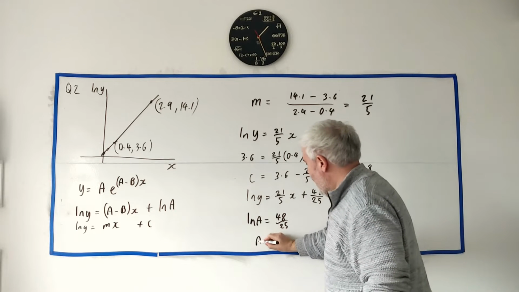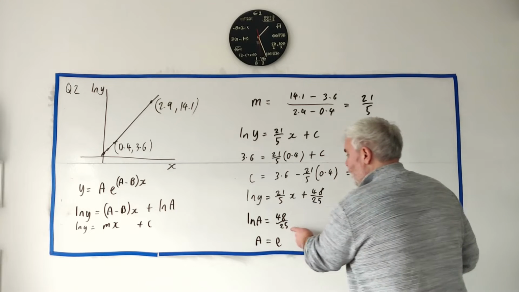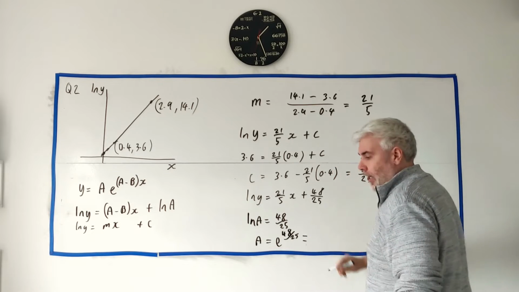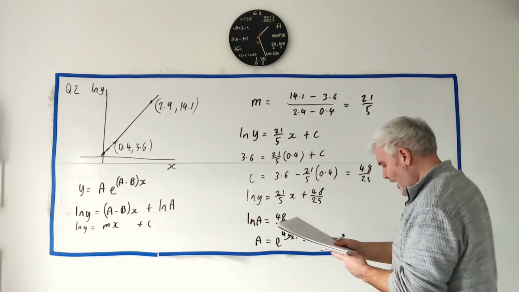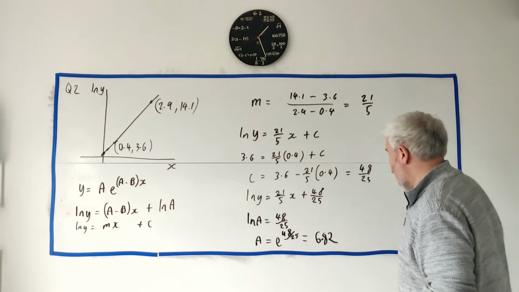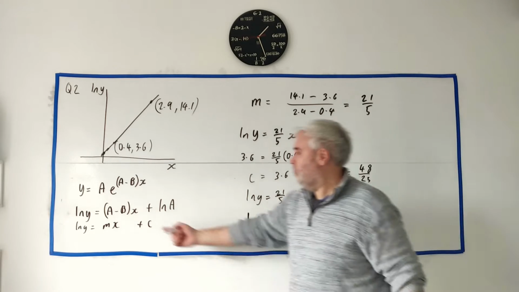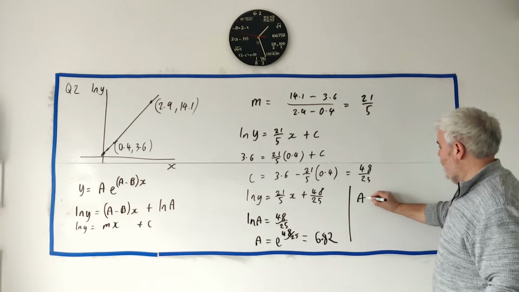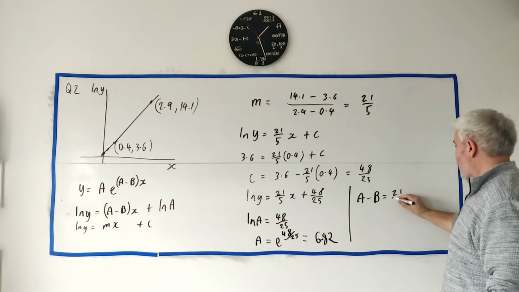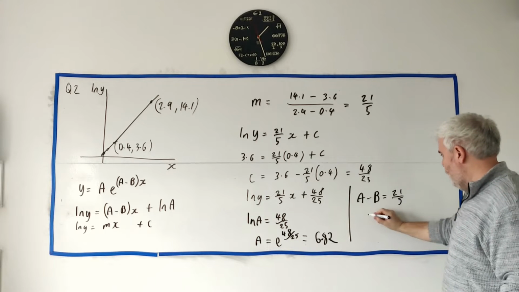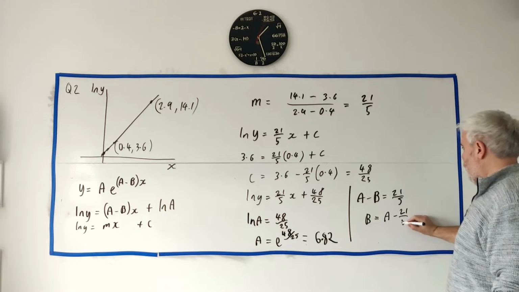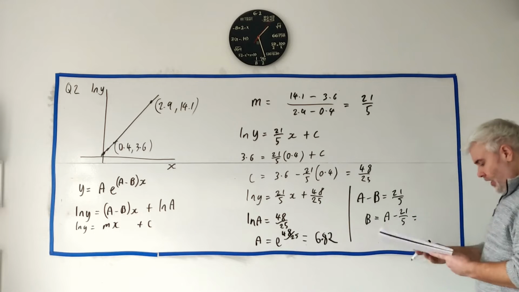We can solve that. a is equal to, take the exponential of both sides, a is equal to e to the 48 over 25, and that comes out at 6.82. And then finally, we solve the other one. a minus b is equal to 21 over 5. Or to rearrange all that, we get b is equal to a minus 21 over 5. And put that into a calculator, we will get